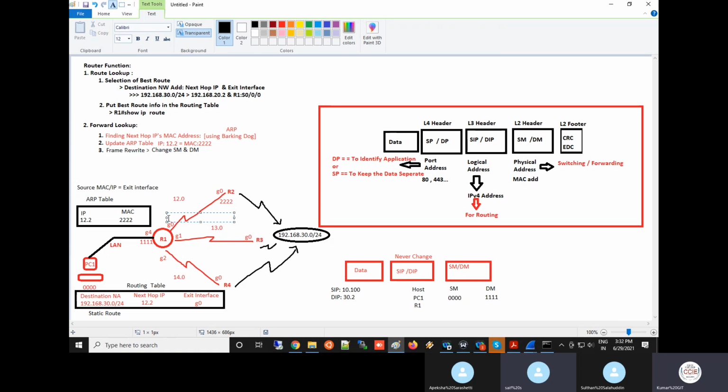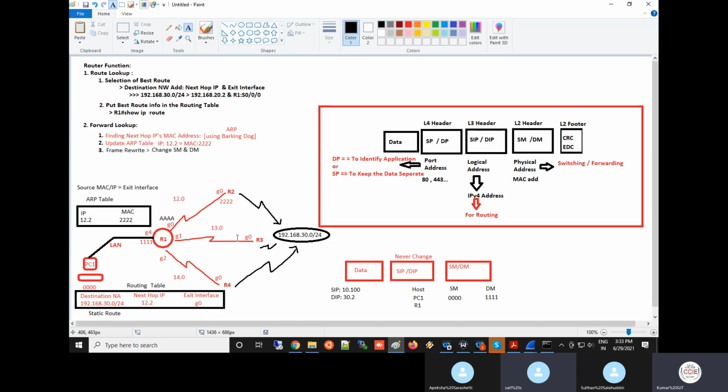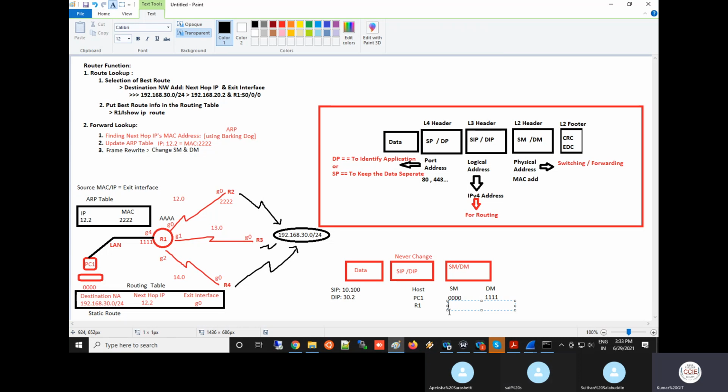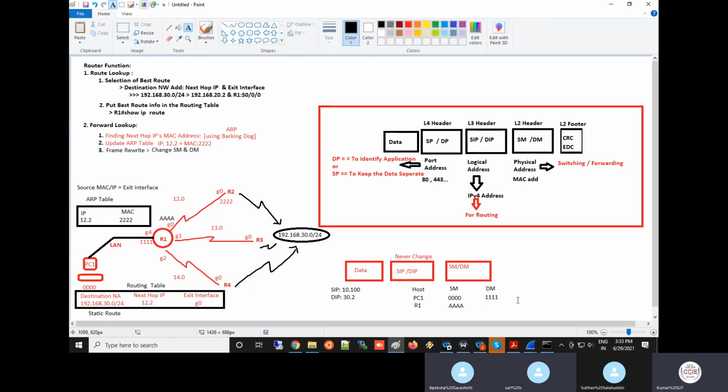For example, this is AAA. Always remember source MAC and source IP: if anybody asks in an interview, just say it is the MAC address or IP address of the exit interface. The exit interface is Gig 0 here, so the MAC address of Gig 0 is AAA, and it is going to 2222.